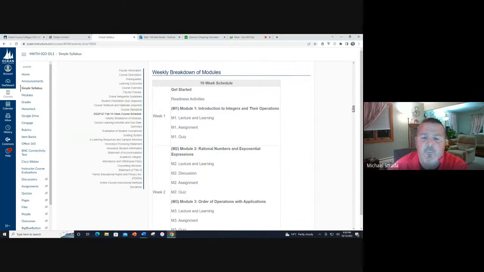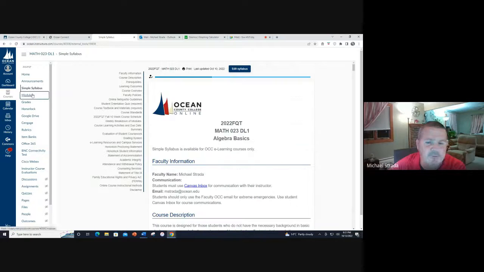So if we look at week 1, we have our readiness activities. Then we have module 1 that involves the introduction to integers and their operations. There you see outlined the assignment and quiz. So this week is a one module week. With the abbreviated 10-week schedule, some weeks there are going to be 2 modules due. So if we look at our modules,